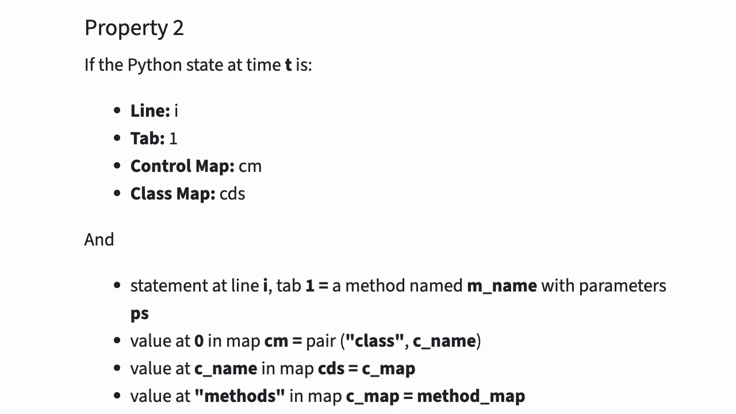The next property describes what happens when Python encounters a method header. If at time t, the line is I, the tab is 1, the control map is cm, and the class map is cds, and the statement at line I tab 1 is a method named mname with parameters ps, and the value at 0 in map cm is the pair class and cname, and the value at cname in map cds is cmap, and the value at methods in map cmap is method map,